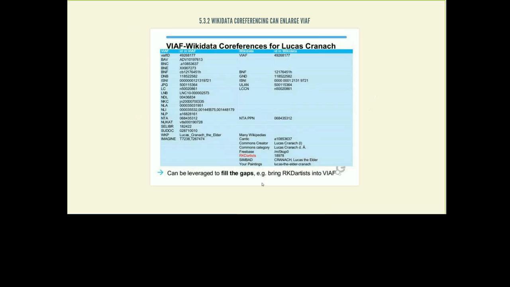Furthermore, by using this cross-referencing, you can enrich both VIAF and Wikidata. For example, Arkady Art, Arkady is the Dutch Art Institute, a very important institution. It is still not part of VIAF, but by using the Wikidata identifier, it could quite easily be imported into VIAF to complete the co-referencing. Furthermore, once you have the co-referencing between different data sets, you can complete data from one to the other, things like birth dates and so on.